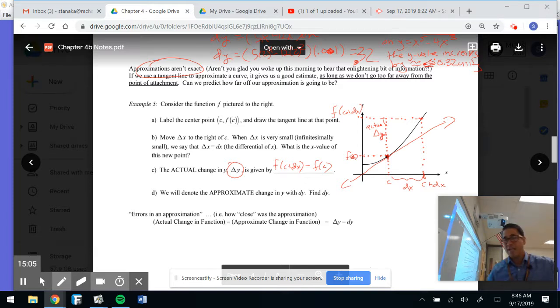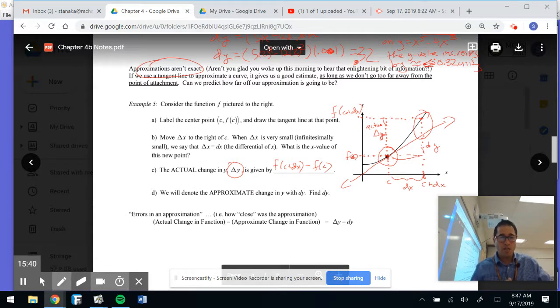I do not like it, but I'm going to have to finish this last little piece with my little face up. So if we go like this, dot, dot, dot, dot, and we go like this, dot, dot, dot, that would be my dy, right? So if you notice, as long as I'm staying super duper close to this value, I forgot, I got to use this. As long as I stay close in here and my change in x isn't getting too crazy, I'm going to get a pretty good approximation. But if I go all the way out to here, I mean, that's a pretty big error, we would say,